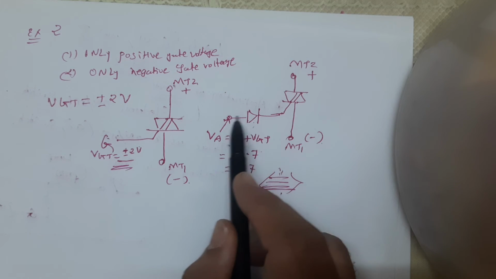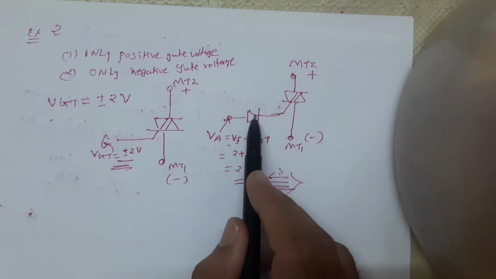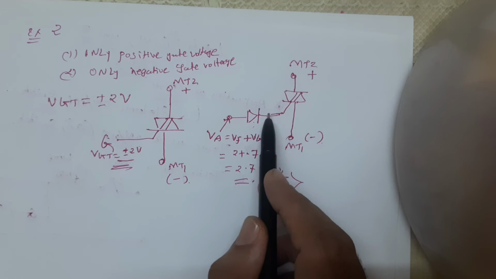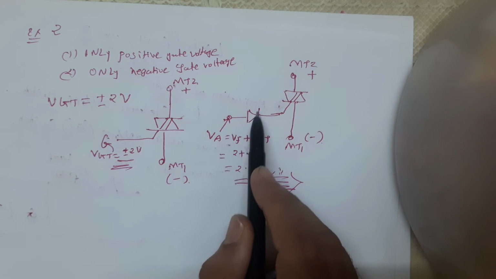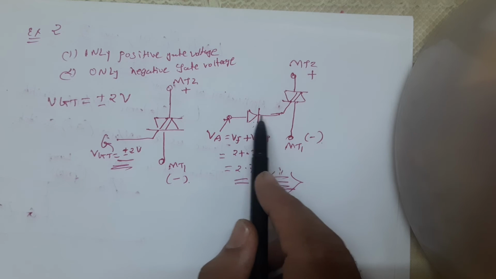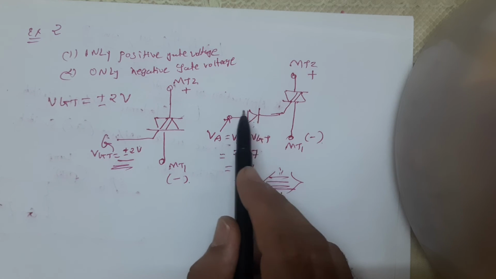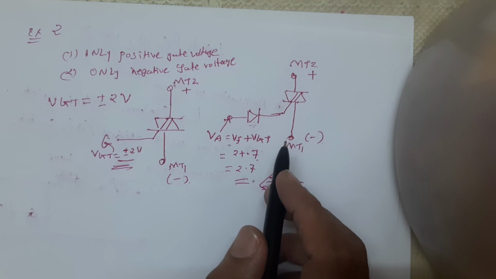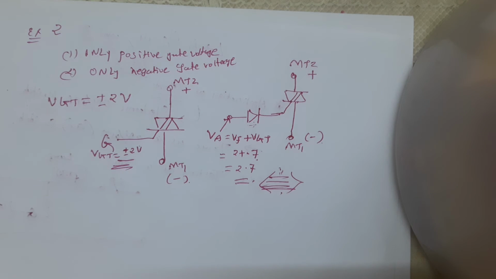In this gate terminal, we are connecting one diode. So if we are applying plus 2 volt, then the diode is in forward bias. If we are applying minus 2 volt, then the diode is not in working condition, it is reverse bias. So when it is plus 2 volt, then due to the diode again 0.7 volt is given. In this circuit, diode D1 is forward bias when VGT is positive and reverse bias when VGT is negative. Since D1 will conduct only when VGT is positive, the triac can only be triggered by a positive